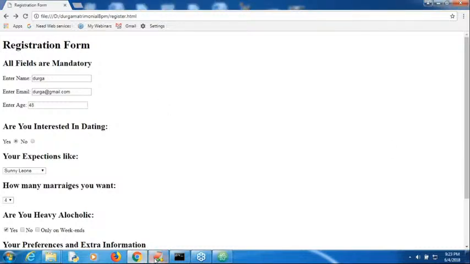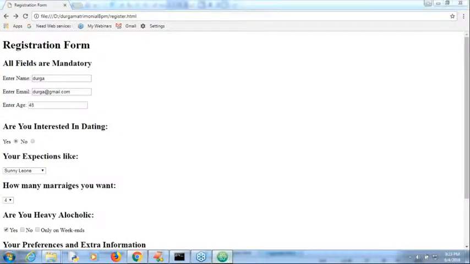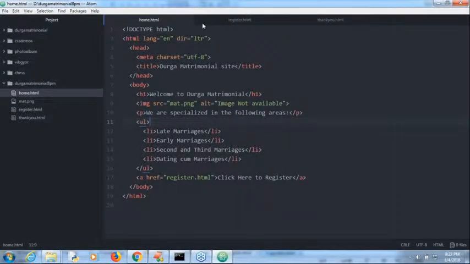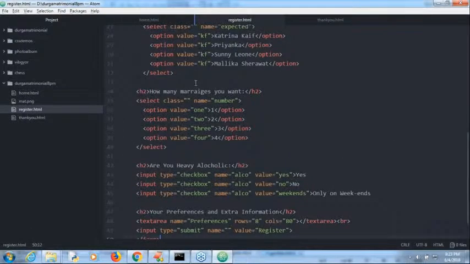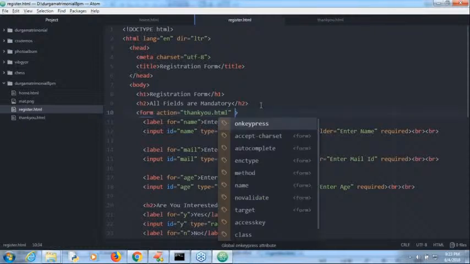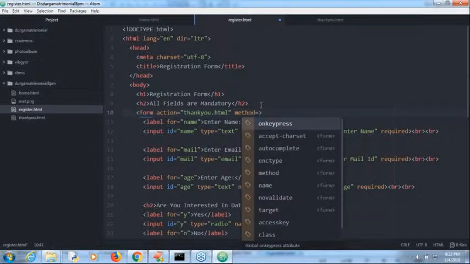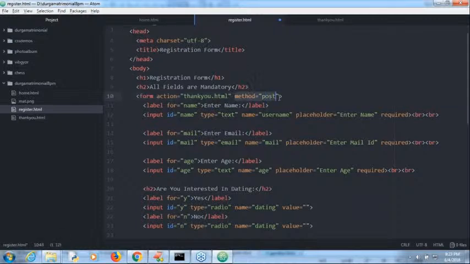Maybe you made a small mistake. It is the property. Here I have observed, in register.html, form action is equal to thank you.html. Can you please go to that? Here, did I define the method attribute or not? Sir, if you define the method attribute, there are two things available, post and get. If you specified get,